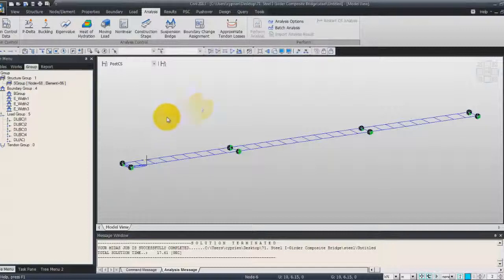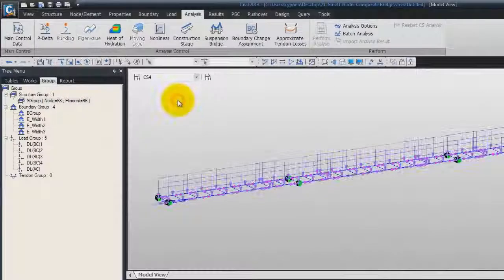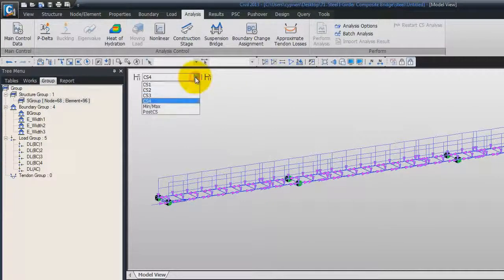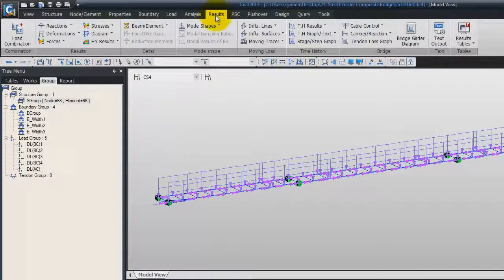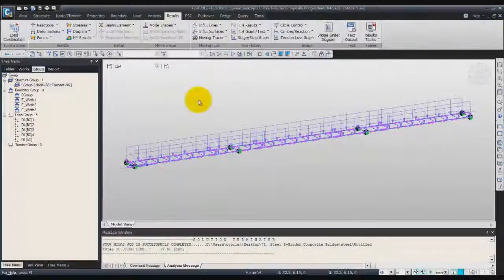Actually here in this small tab you can select one precise construction stage. So you can select the stage 4, for example. You have also min and maximum and the post CS stage. So go in the results tab, here go in the result tab,